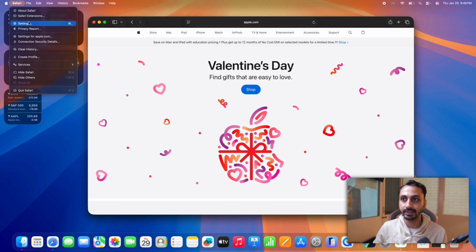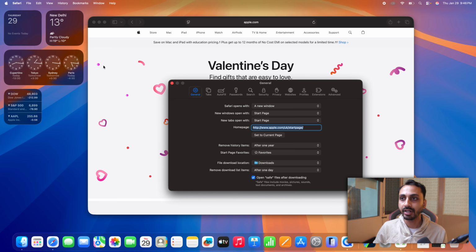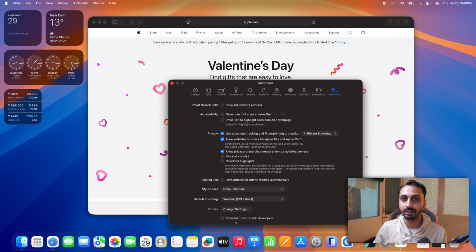Now let's go to settings, and here you get various tabs, and among these tabs you have to go to the advanced section. When you click on advanced, you have to scroll, and at the bottom you'll see the option for showing features for web developers. So you just have to check this box to enable this, and when you check this box, a new developer